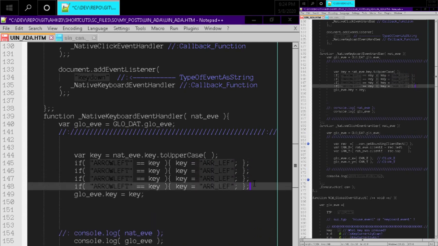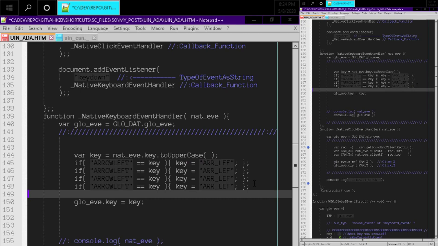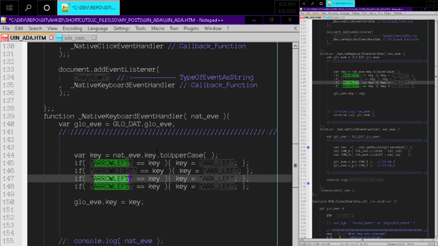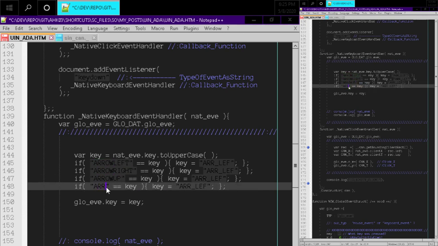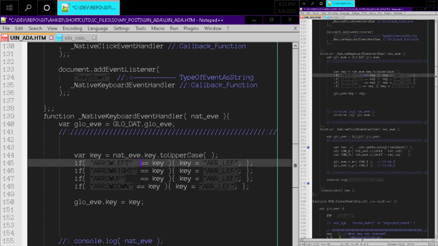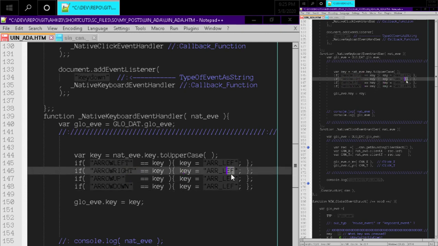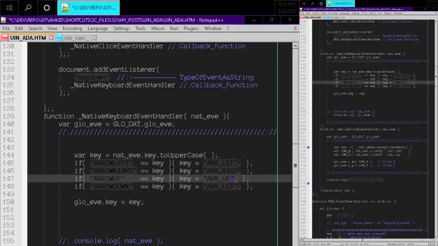So arrow left, arrow right, arrow up, arrow down, and then just align all of that nicely. And then we'll do left, right, up,